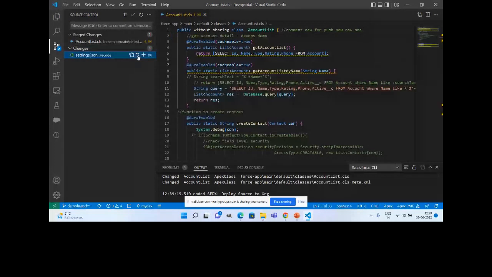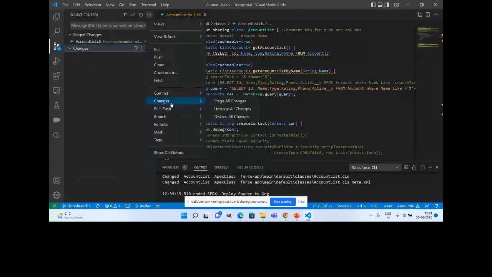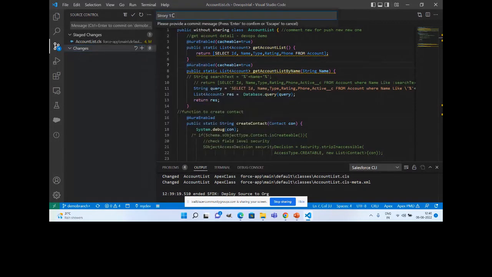Since it is staged, some people will be using the commands directly because they are very familiar with them, or you will be able to use it directly from the UI also. So I'm just using commit staged, and you can add a commit message. Sometimes when you have Jira integration and all, people will expect you to mention the story number, like 1162, some value you will be able to mention, and probably a description.